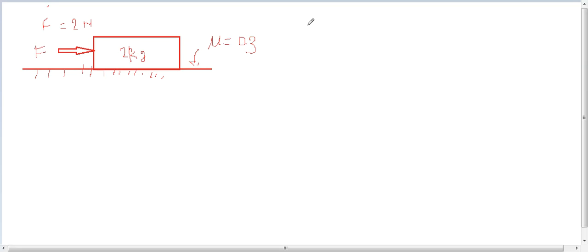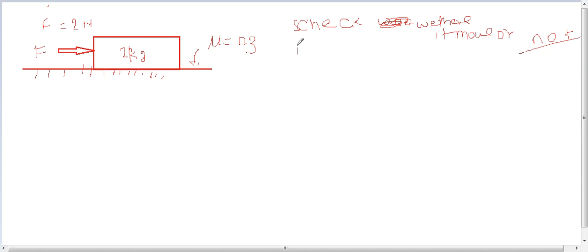There are some steps we have to follow, the procedure or algorithm, whatever we want to call it. First step is to check whether it moves or not. And the second thing we have to check is